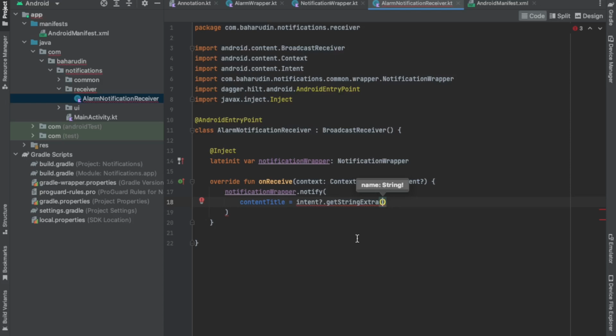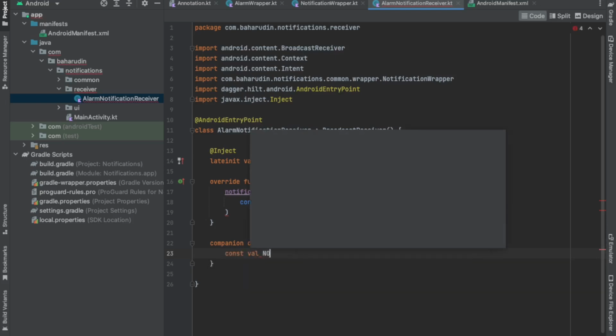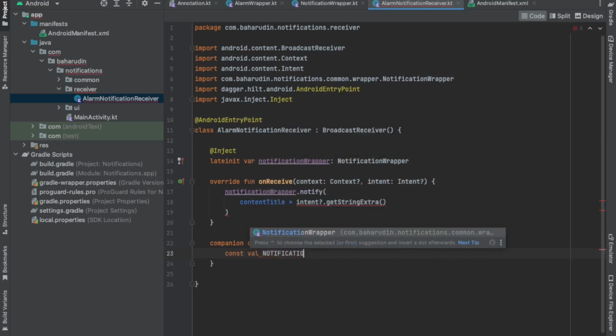I will first create a companion object in here. Okay, I'll give the constant value. The name is notification title, which is a main string. Sorry,